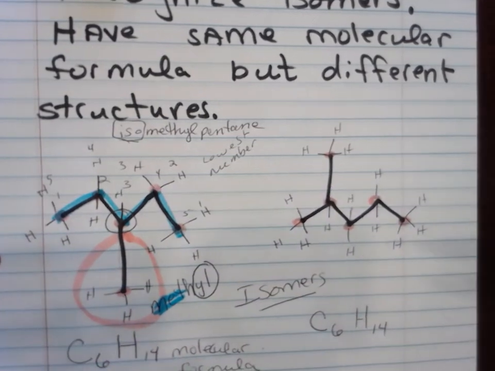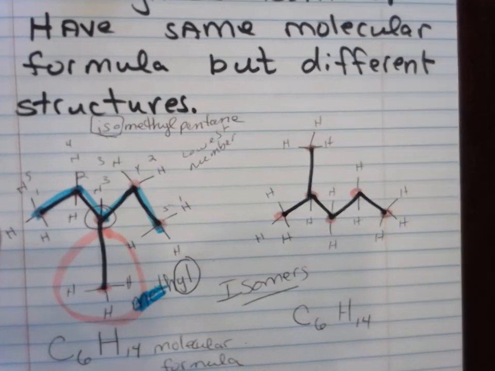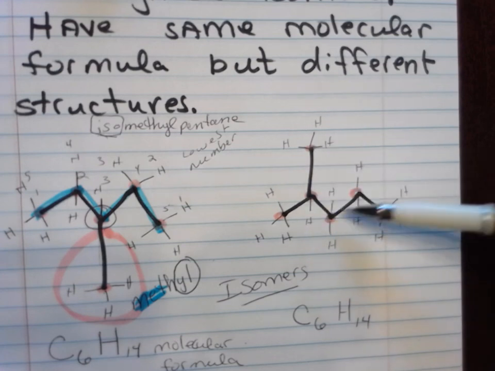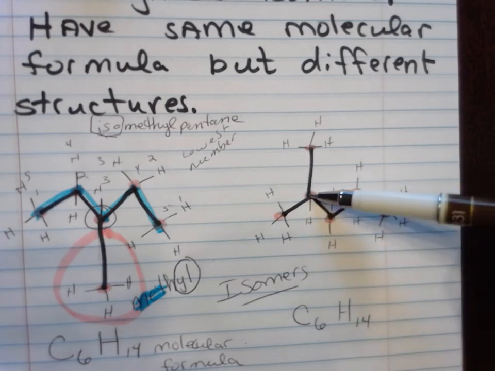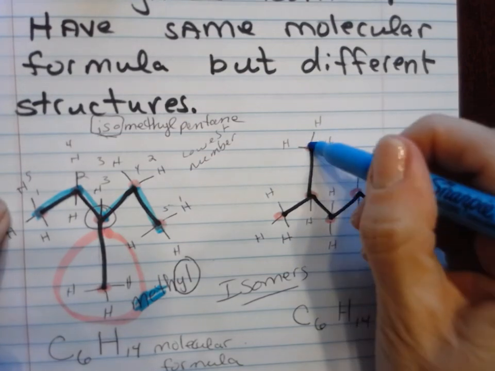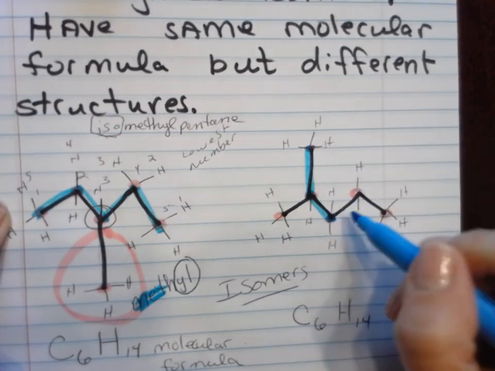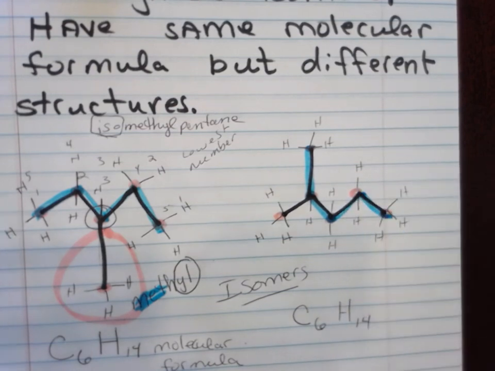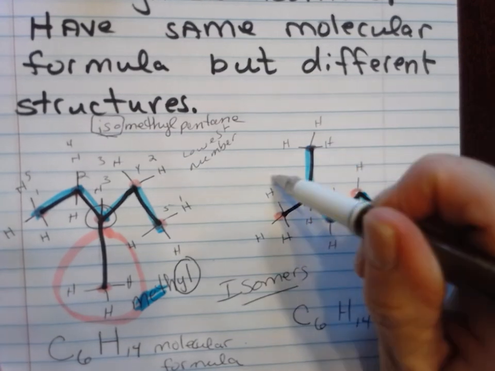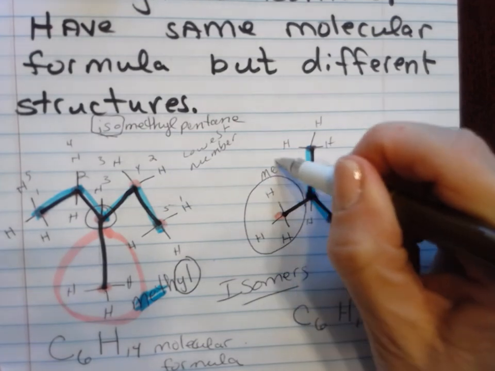Now let's go ahead and name this one. Again, the longest chain, we're going to have to count both ways. If I count this way, 1, 2, 3, 4, 5. And if I count this way, 1, 2, 3, 4, 5. So it doesn't matter which way I count. So I'm just going to count this way, so it'll be a little bit different from what I did on this side. Again, we have a methyl substituent,